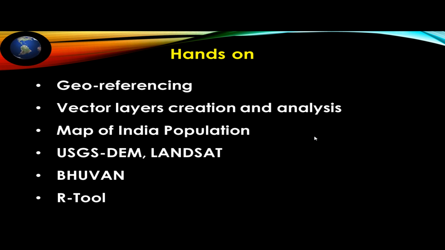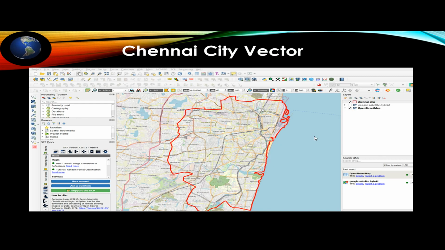So let's complete that first. Then later we'll move to the vector layer creation and India map population. In the map of India, we will make population, and then USGS DEM data, how to download this, and from Bhuvan also, as I have told you in our previous class, and Landsat data, and what are the tools as per the assignment problem of this week. We'll see what are the tools and the libraries which you have to call for working on this R. Okay, so let's start with the